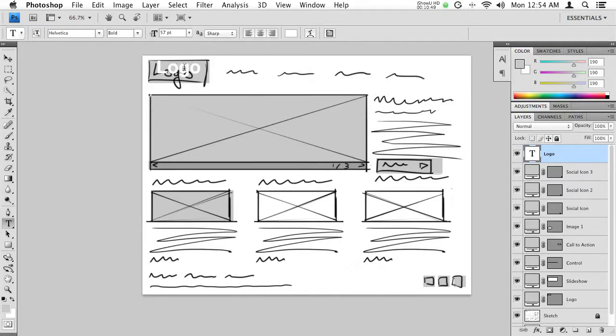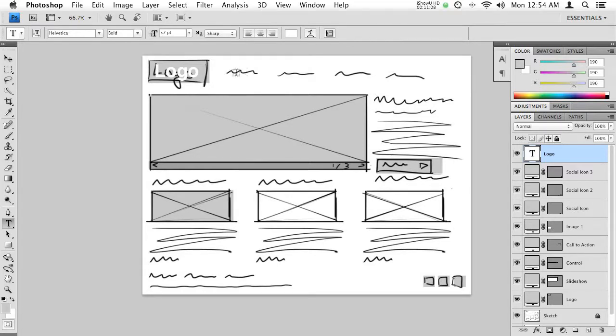Now, while I'm in the text tool, I can switch temporarily to the move tool by holding the Command key and just dragging. All right, and I want it set to bold. All right, so that was the first way to create text, just with the text tool, just to click